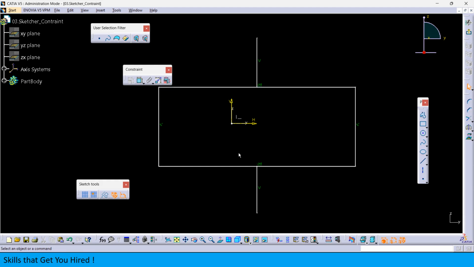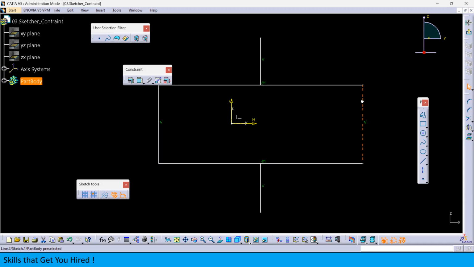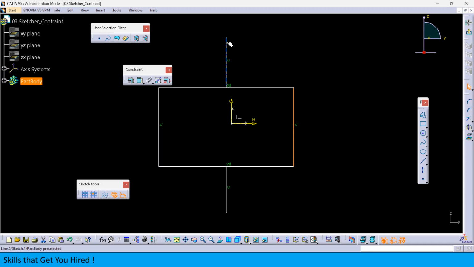Okay, next one is, so this is what the midpoint constraint is about. So this builds the geometric relationship. Whenever the length is adjusted or increased, this point will always keep the distance at the midpoint of this line. Okay, so next constraint is